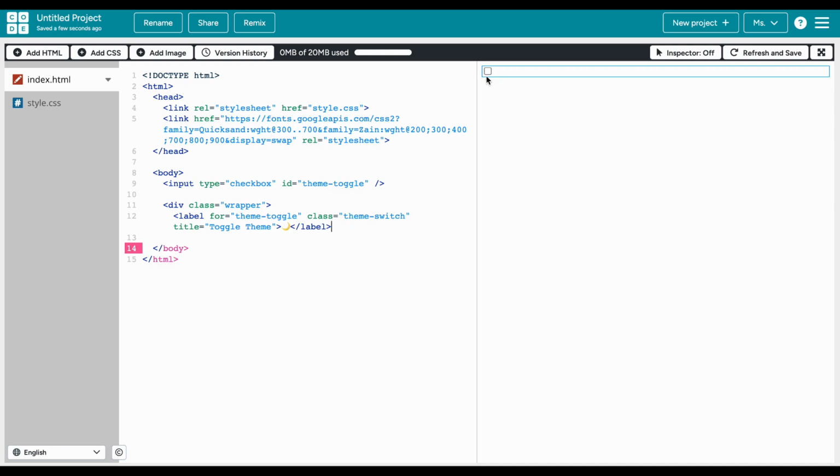So now you can see there's a checkbox on the top left of the screen, which will eventually allow us to change the theme of our website. So now let's create our navigation bar by creating a list, which we can style later to look more like a navigation bar. So let's do header class equals site dash header,